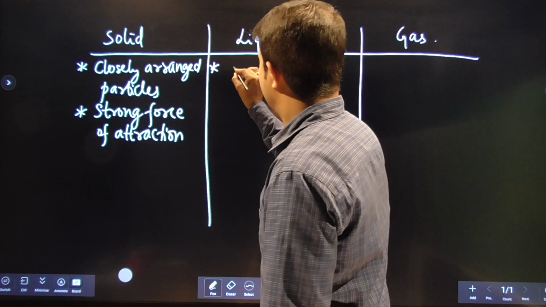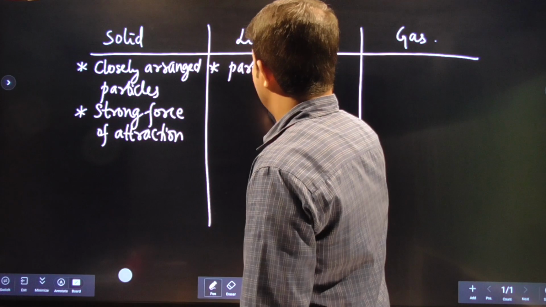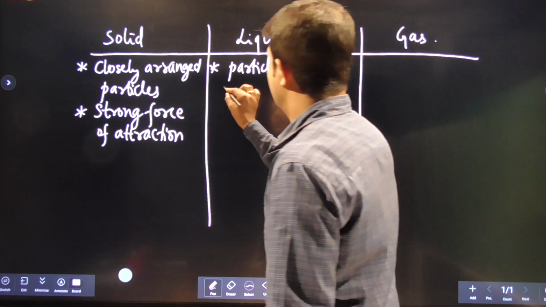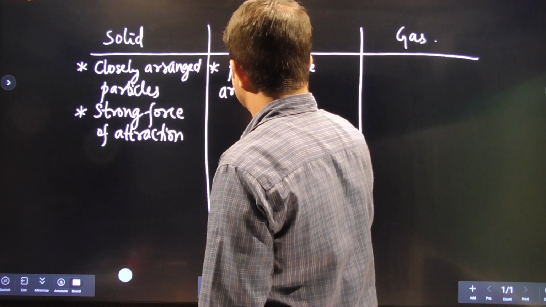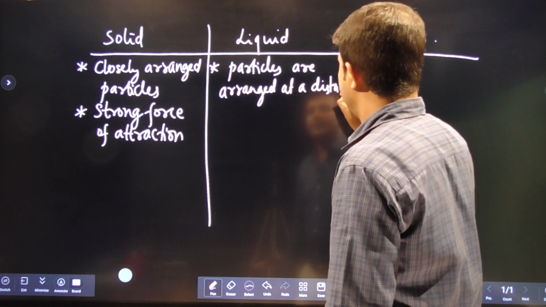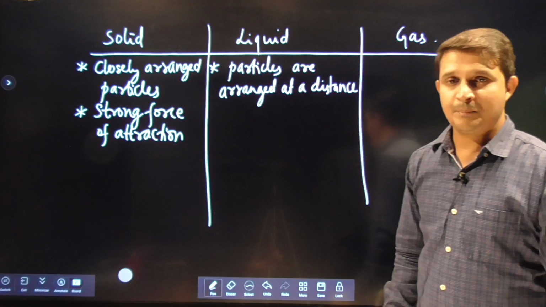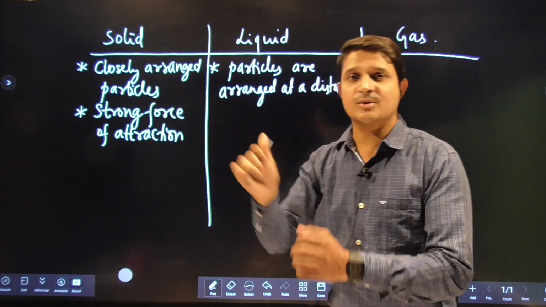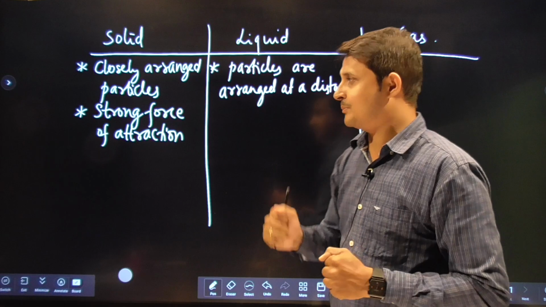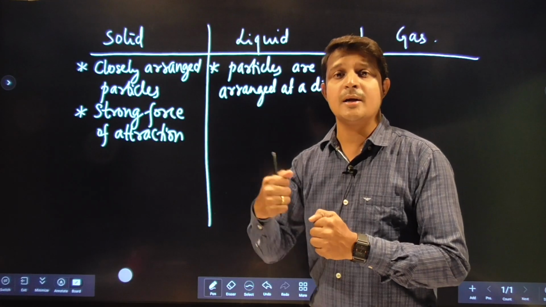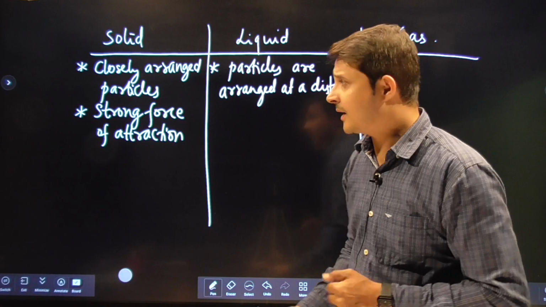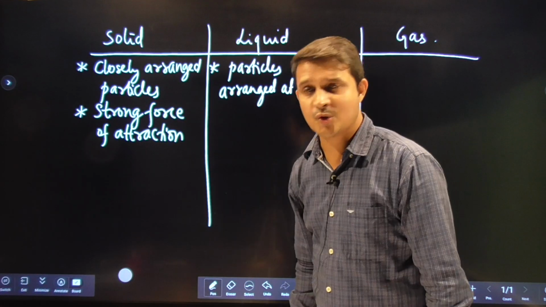The particles are arranged at a distance. Here the particles are not as close as in a solid, they are arranged at a particular distance. The particles in a liquid are a bit far away when compared to a solid,